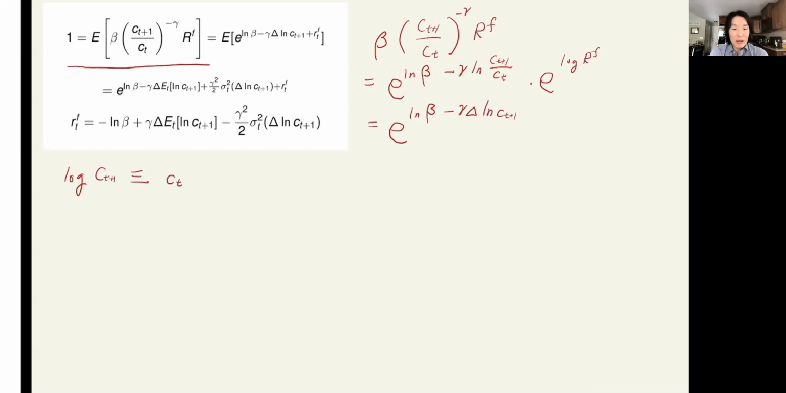lower capital letter. 소문자 ct로 정할게요. 소문자 ct plus 1. Then log of ct plus 1 over ct is log of ct plus 1 minus log of ct. So this is, in a lower capital letter. And this is delta ct plus 1. Okay? So